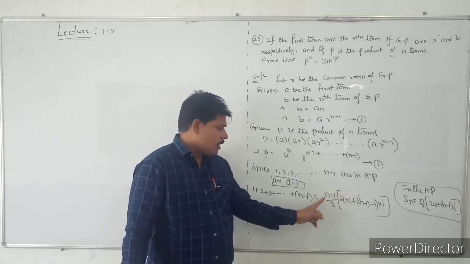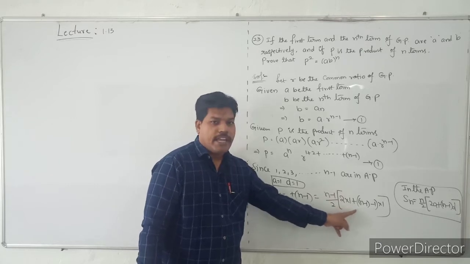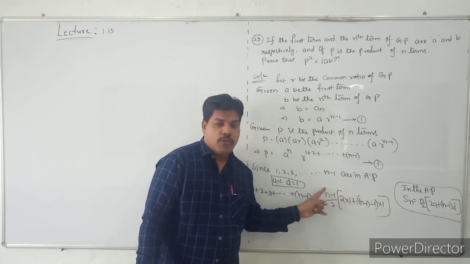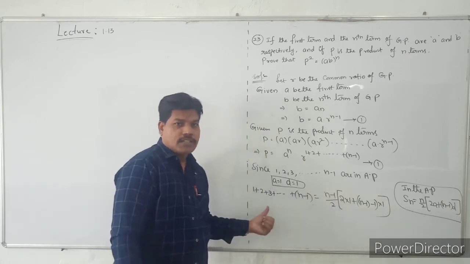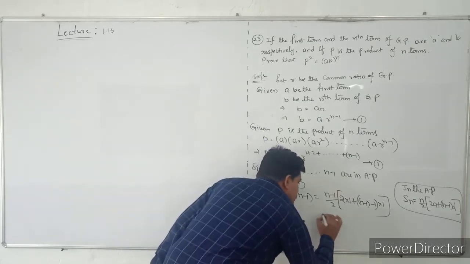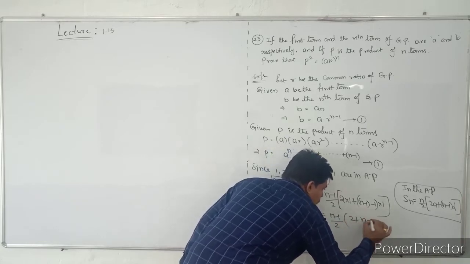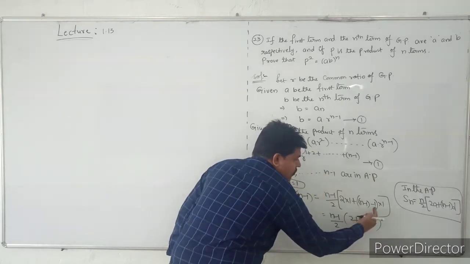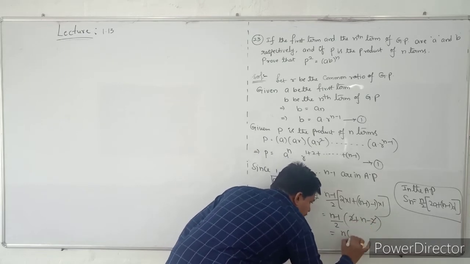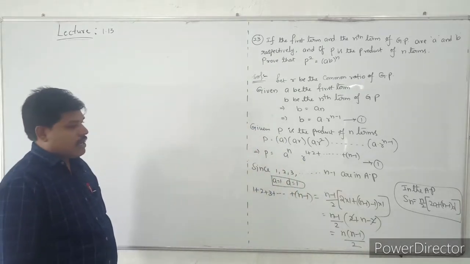See the steps? The n value is n minus 1. In the place of n, you have to take n minus 1, because it is not the sum of n terms, it is the sum of n minus 1 terms only. So that is equal to n minus 1 by 2 into 2 plus n minus 2. N minus 1 minus 1 becomes n minus 2. Minus 2 plus 2 cancel, and it becomes n into n minus 1 by 2.